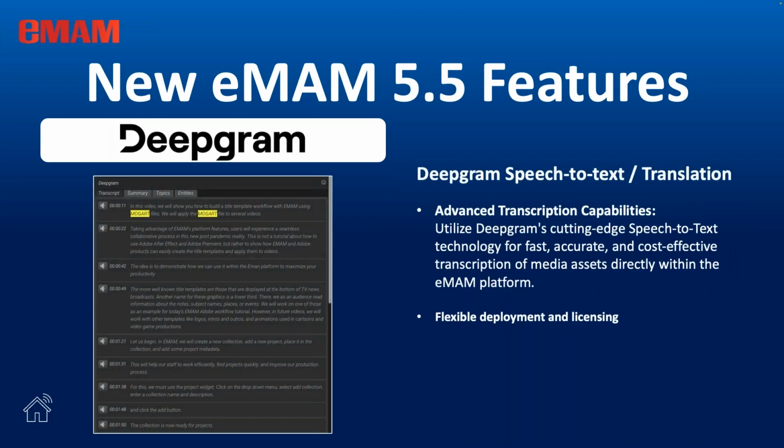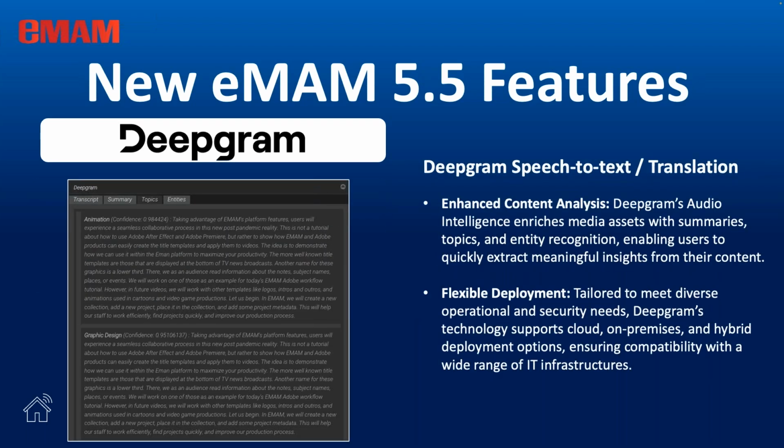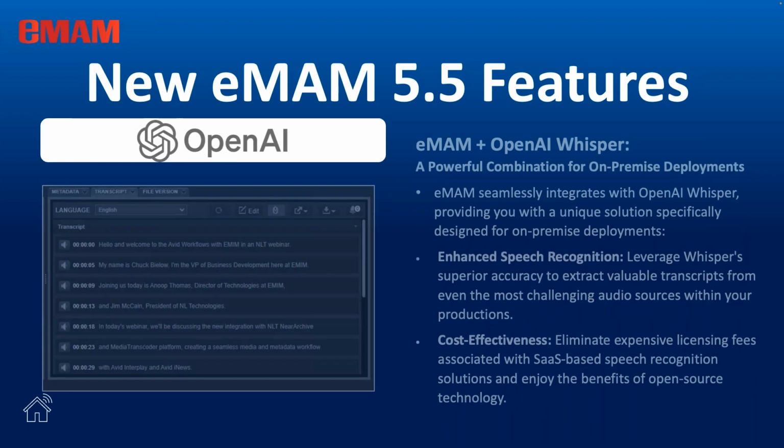This is what DeepGram looks like. You have different summaries and so on, topics and entities. This will give you caption files, speech to text, and so on, being able to then search on any one of the words that are there, and then jump right to that spot. And there are ways in which you can get a summary and get key topics that were spoken about, and various things.